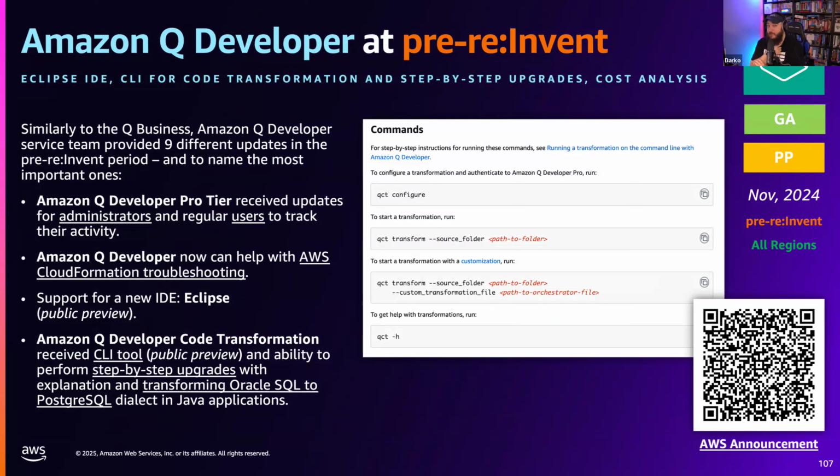You can now do proper CloudFront troubleshooting with Q Developer, and code transformation. Amazon Q Developer code transformation has a CLI tool called QCT that you can use to transform code. So it's really, really cool. You can do step-by-step transformation of Oracle SQL to PostgreSQL inside, for example, Java applications.